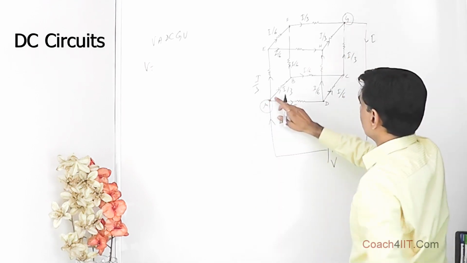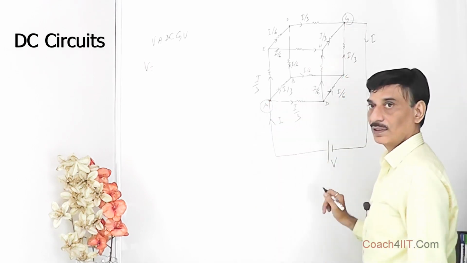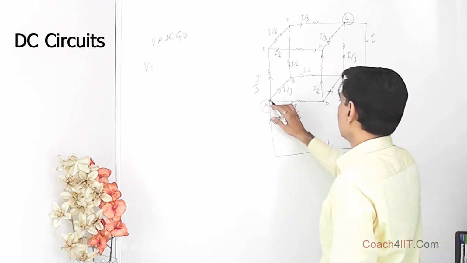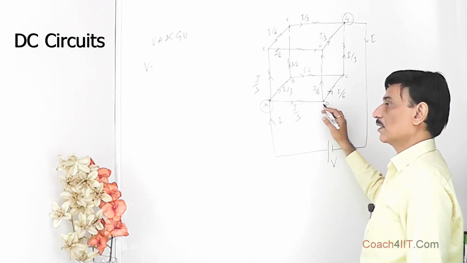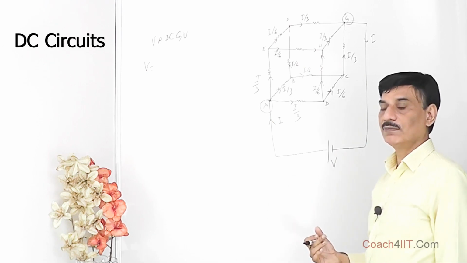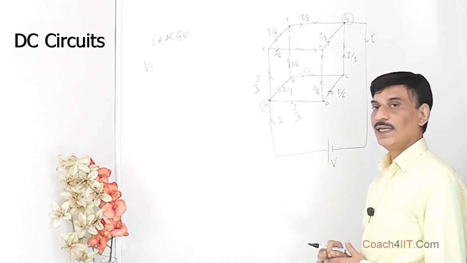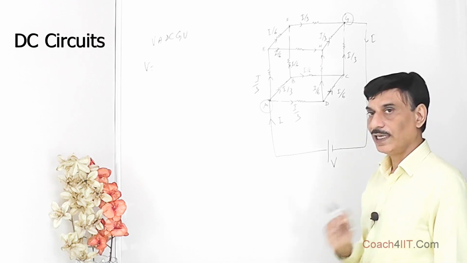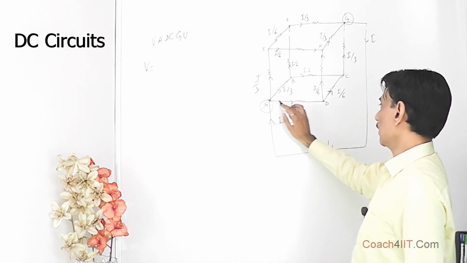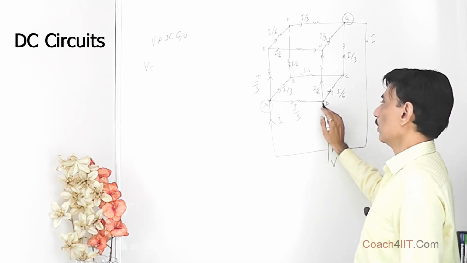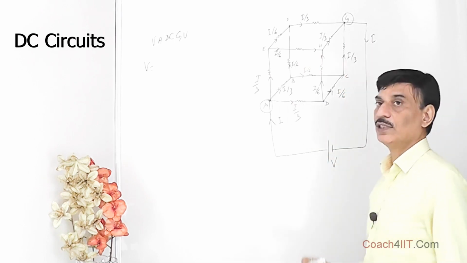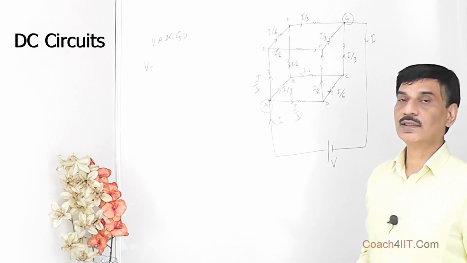So this drop is among the various resistances. You take any path, it may be a drop against some of the resistances, it may be a gain of potential against some resistances. But the net potential drop between A and G is going to be V only for any path. So when the current is going this way, this is a drop only. We can take any loop also, and we can use the mesh rule